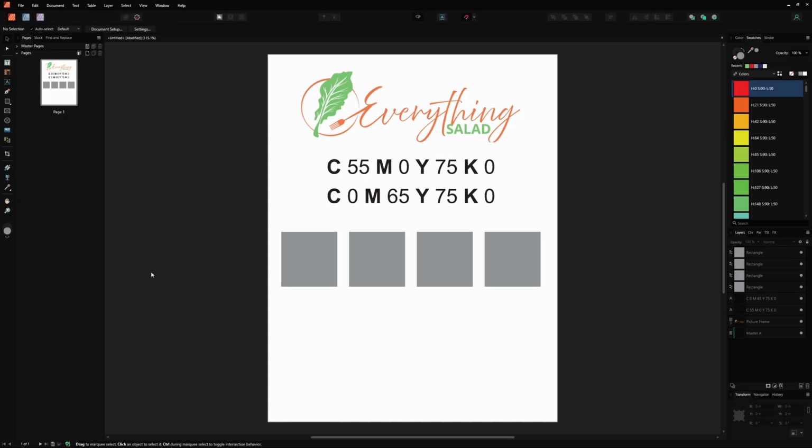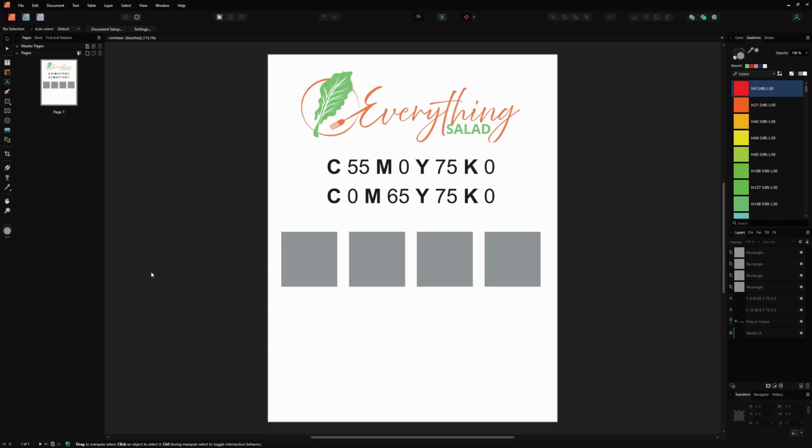And the focus of this video is going to be how we can add color swatches to our new document. We're going to have a primary focus on how we can add CMYK color values to our project to make sure we can use these branded colors throughout our design process. We will also take a look at how we can rename colors, delete colors, how we can add global colors and what global colors actually are and control, and also how we can import palettes and export palettes to share